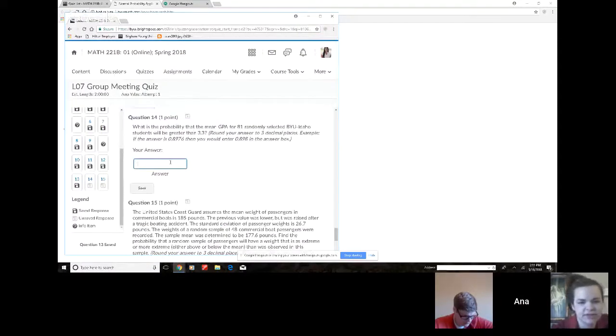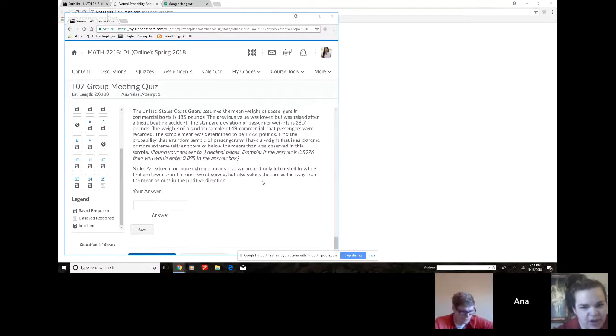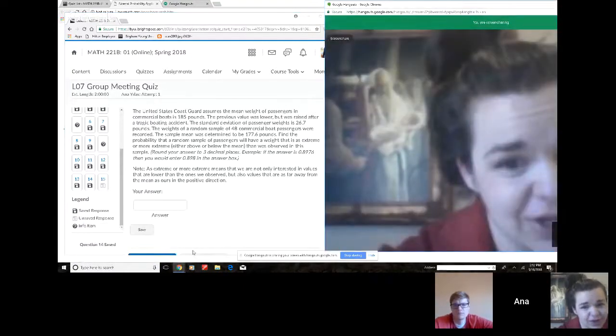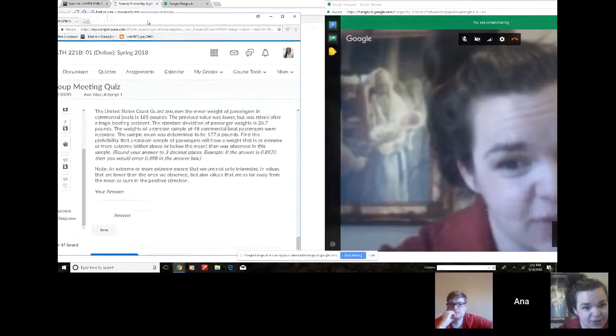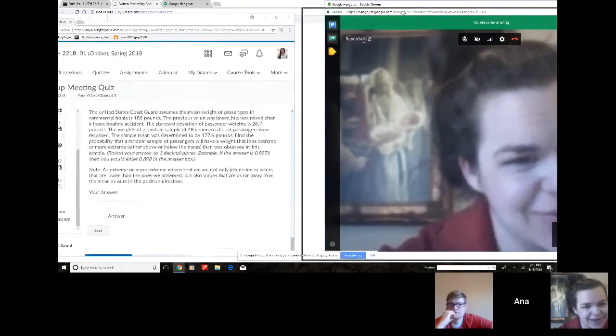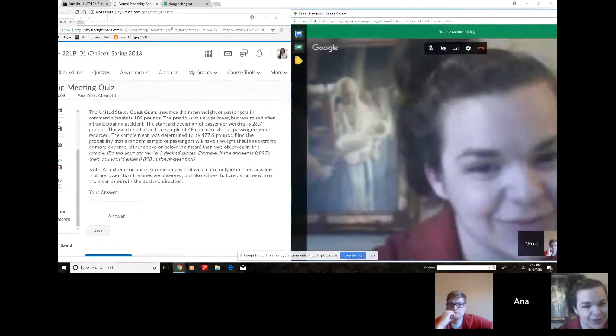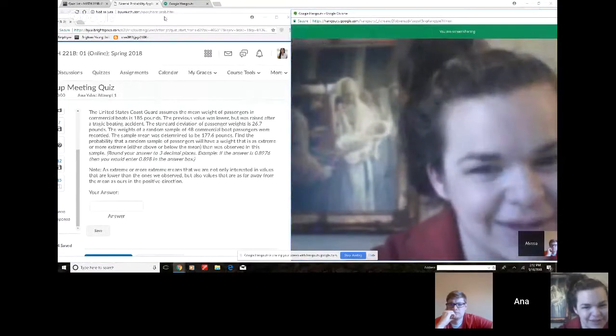And then the last one: the United States Coast Guard assumes the mean weight of passengers in commercial boats is 185 pounds. The previous value was lower, but increased after a tragic boating accident. The standard deviation of passenger weights is 26.7 pounds. The weights of a random sample of 48 commercial boat passengers were recorded. The sample mean was determined to be